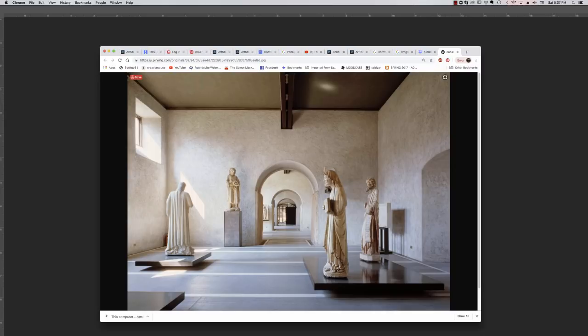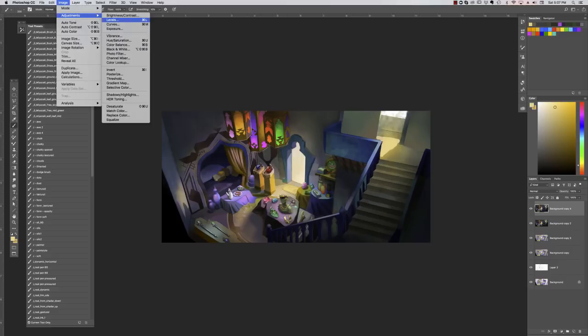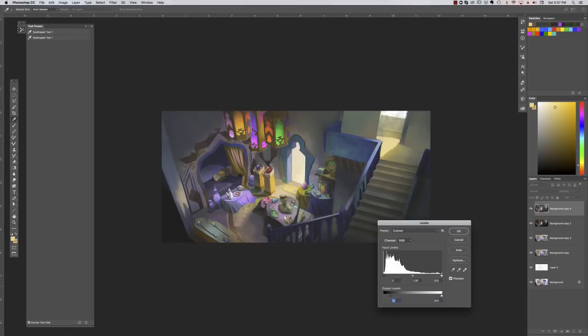But let's say we want to use one of these photos as a reference here. We can bring up the overall brightness. So what I did is I copied the entire image, and basically we can just use levels and things like that to really just bring up or down the overall value range in the scene. See, this on a global scale sort of brings everything up. This kind of knocks the shadows down, and it's a fun way to tinker with that overall brightness in the